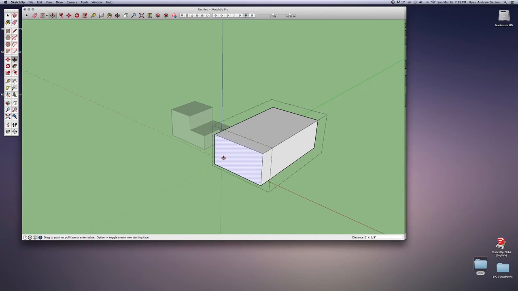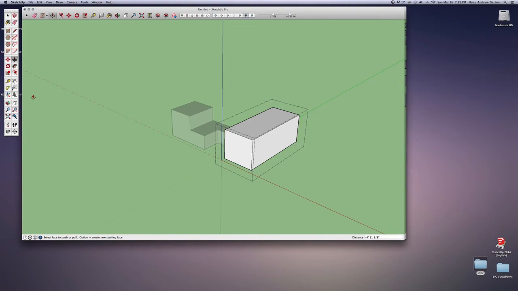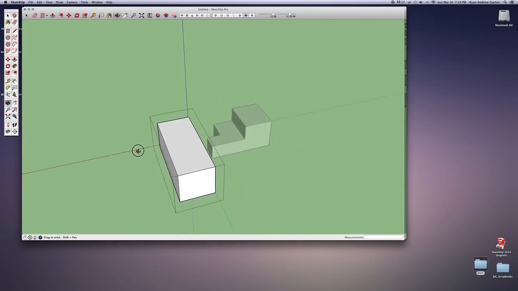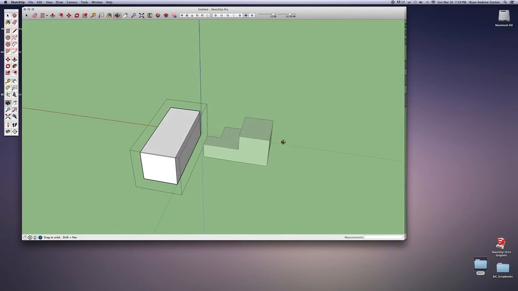I can do that with this face as well. I can match it to this point, and I can push-pull this face in and do what I want with that. If I want, I can take my orbit tool, click on that and move it around and make sure that I've matched this face here to this face. I can initiate the push-pull, click on that face, drag it in,